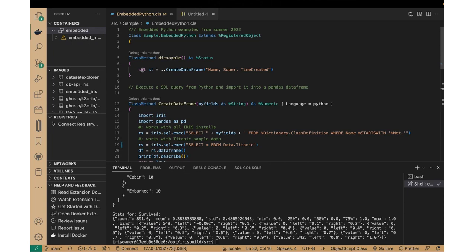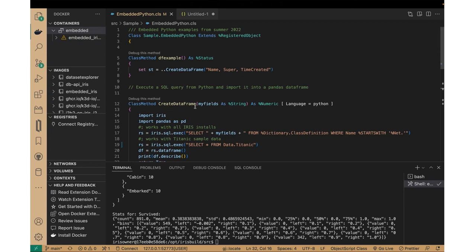And here I just set a particular variable to the return value of the create data frame class method. And I'm passing a string to it. So jumping down here to create data frame,